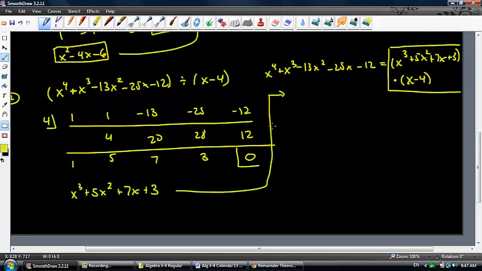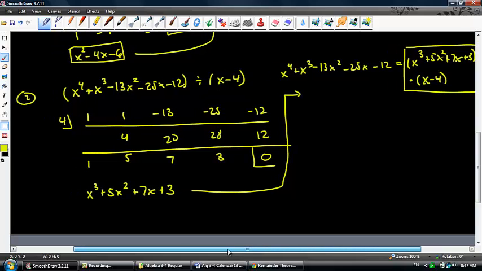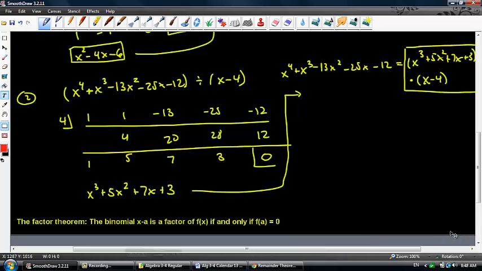So let me go ahead and hit the pause button real quick, and I need to put another theorem on there, and then we'll discuss these two problems. Alright, I'm back. The factor theorem says that the binomial x minus a is a factor of f of x if and only if f of a equals 0. In this case, f of a did equal 0, right, because this is f of a. And so what we can conclude is that x minus 4 is a factor